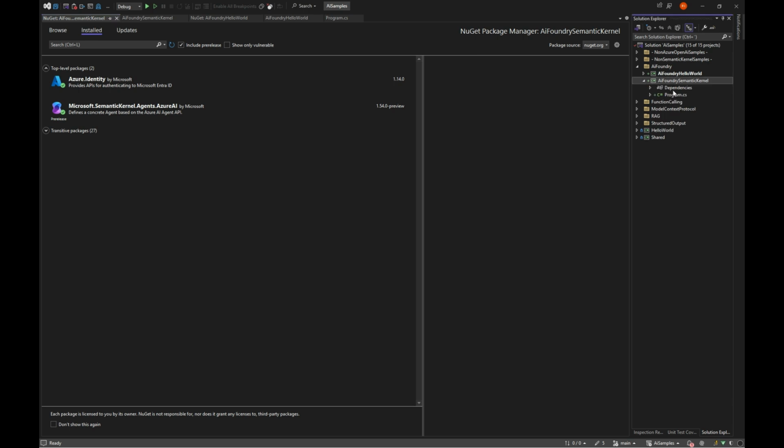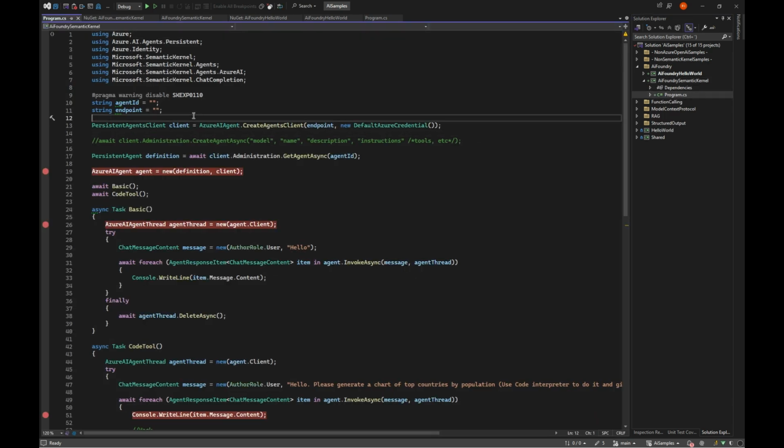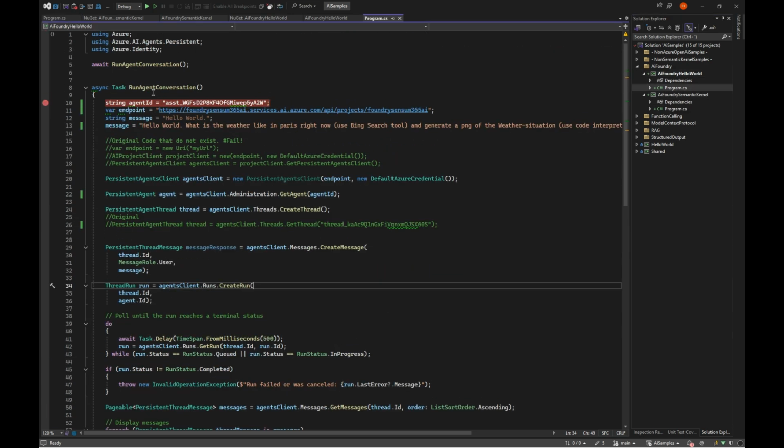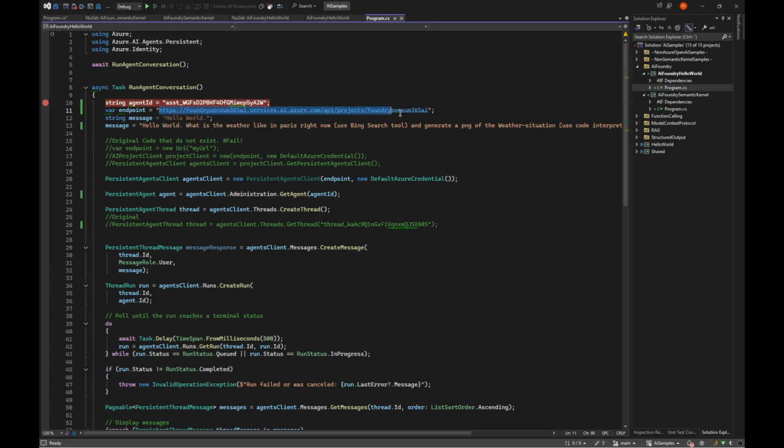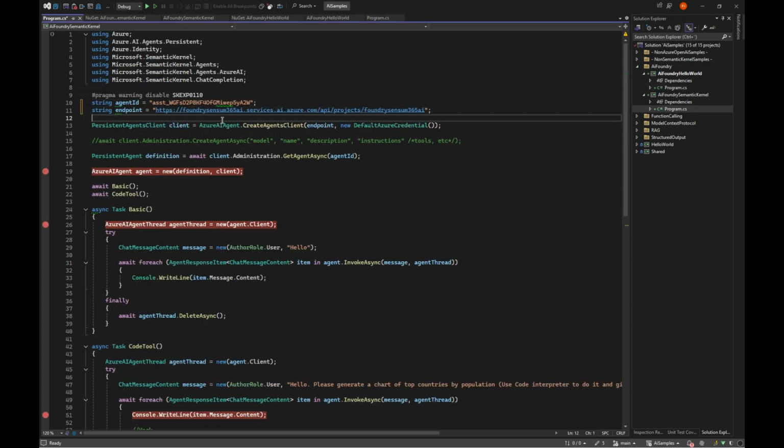So what we can do here is sort of the same. I just need the ID and the endpoint again. So we put it in here and we take this. So let's switch to this and set a breakpoint, and I will go through it line by line.